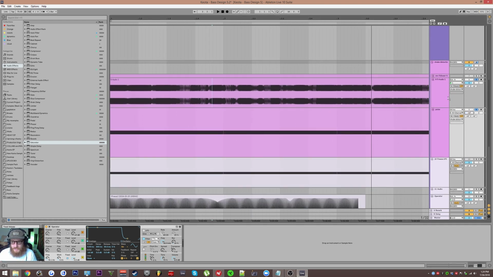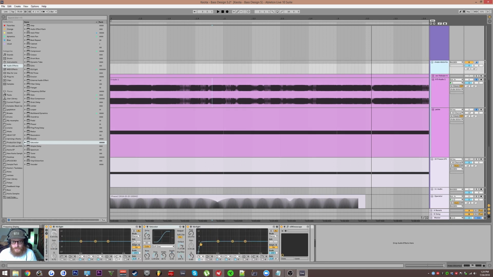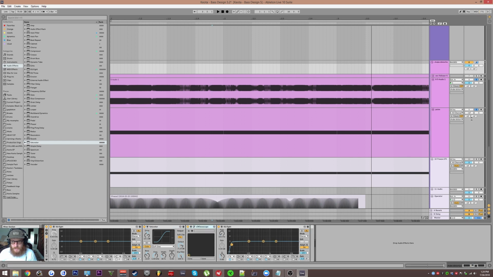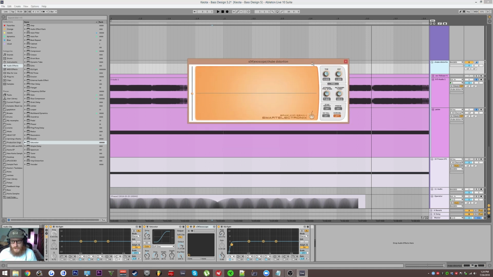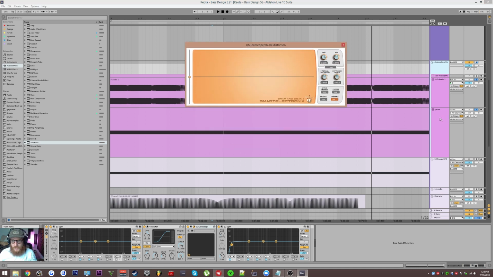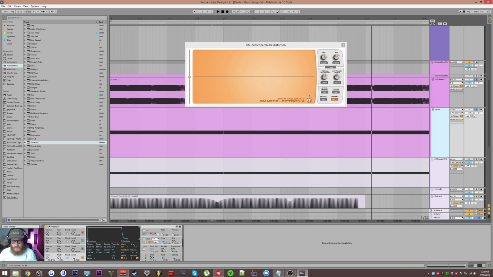Basically the idea is you take the bass that you want distorted, you put it in a group with distortion on the group, and then you take the pulse and you slowly feed that signal in. I'm going to turn on this visualizer so you can actually see what's happening. And just watch as I turn up the volume of the pulse signal. If you turn it up all the way, it's absurd. There's nothing usable about that, but if it's at a reasonable volume,